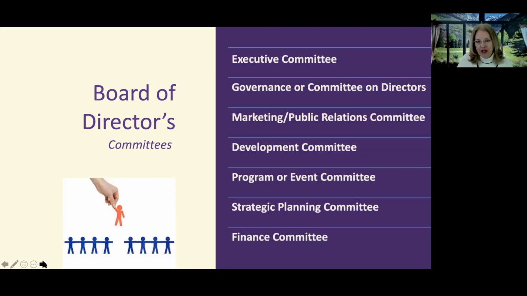And then we have the program or event committee. They focus mainly on the planning and execution of the event. They also might advise on recruiting volunteers because they've seen people who have volunteered for events. Strategic planning committee, they revise or update the strategic plan as needed. That's not usually a committee that just keeps going on and on. It's usually formed at periods of time. Finance committee is one of the most important committees because they manage the investments and the endowments, and then they make recommendations for future money spending